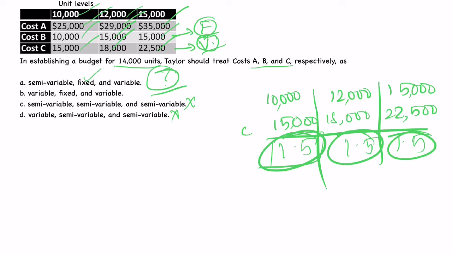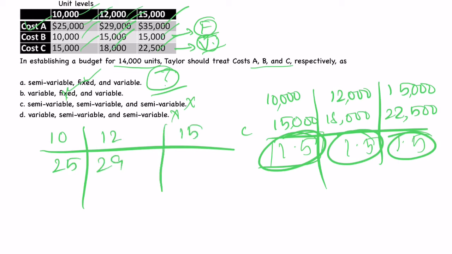But in the exam, when you see these types of questions, if you assume you have a variable here, then you can directly click the other answer, which one is right. Next, coming to cost A. Okay, how about cost A? If you observe, for the 10,000 unit level it is 25,000, for 12,000 it is 29, and for 15,000 it is 35. How am I going to find this? It is a little bit tricky, right? Yes. How are we going to find it is the question.